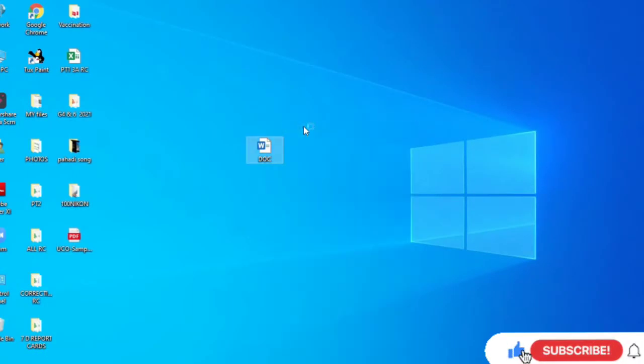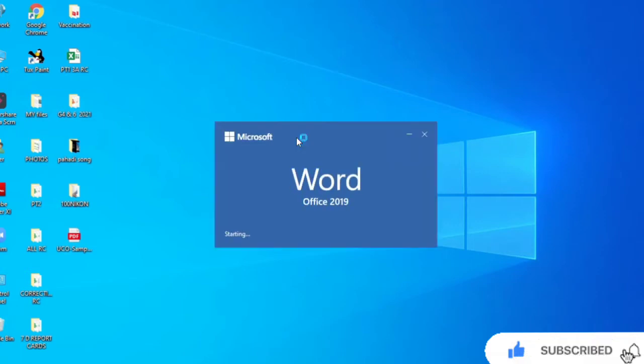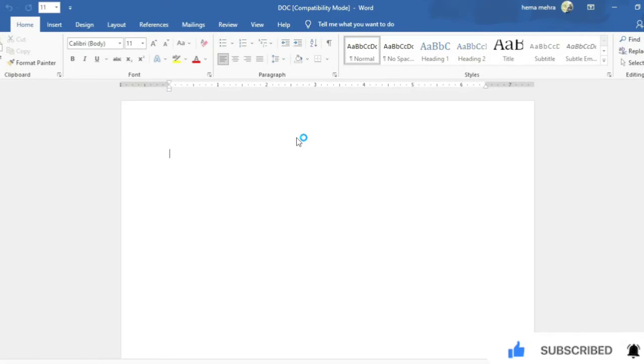Header and footer. What is header and what is footer? The blank area in the top and bottom margin of the page can be used to specify some standard information that will appear in the top or bottom margin of every page.